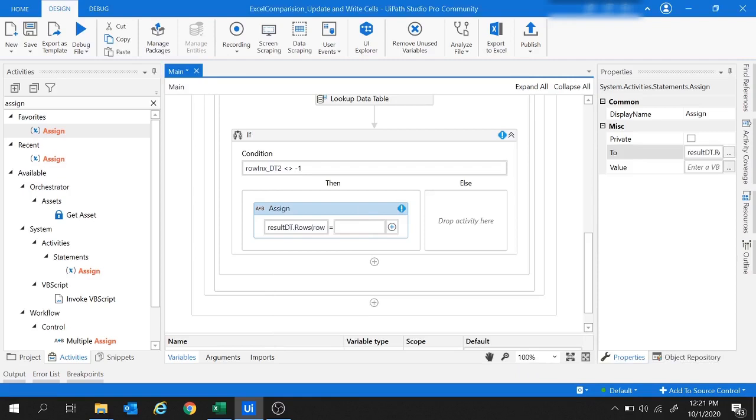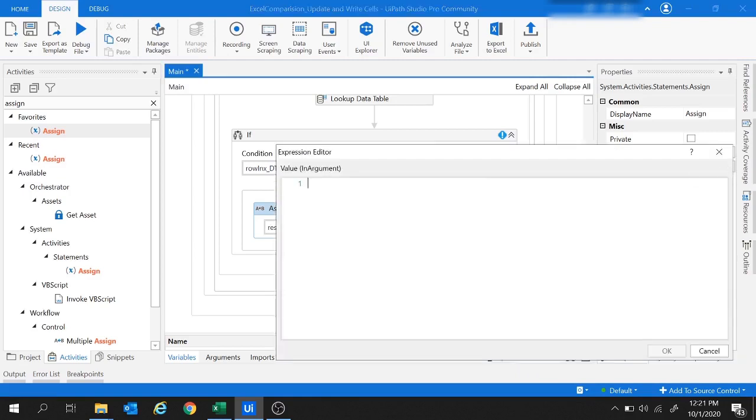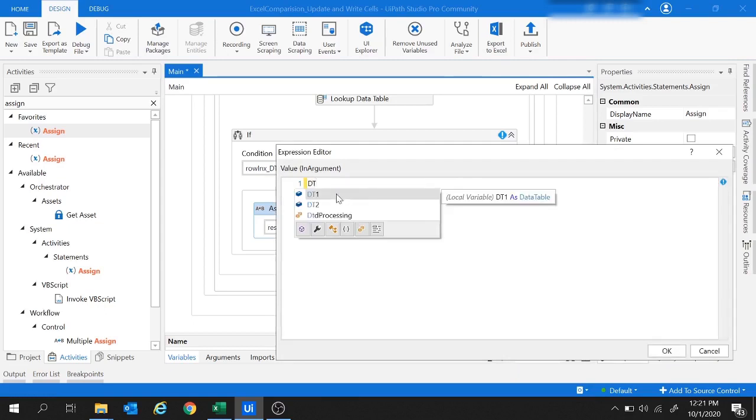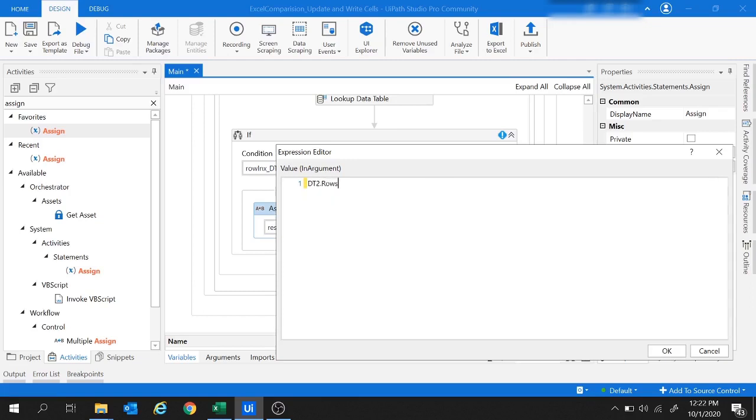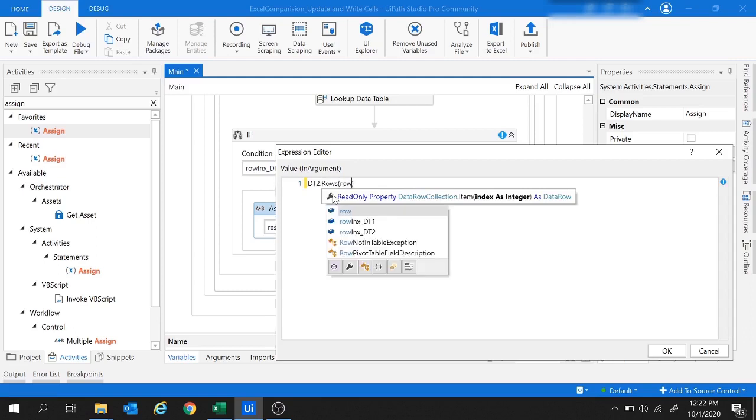And what value would we like to write? So let me write the expression for the value as well. We would like to write from the data table DT2 with the row. Let me provide the rows as well. So here we would like to write with the row index. Let me hit control space. This will be the row index for the data table DT2.